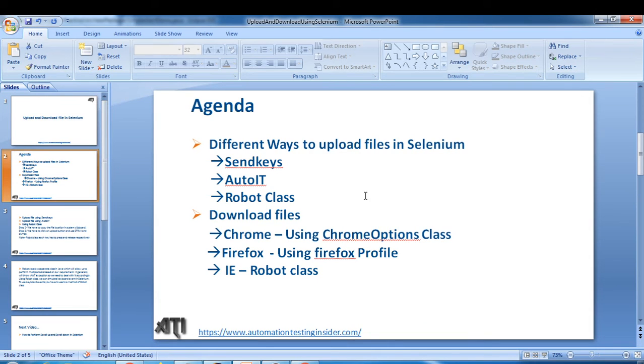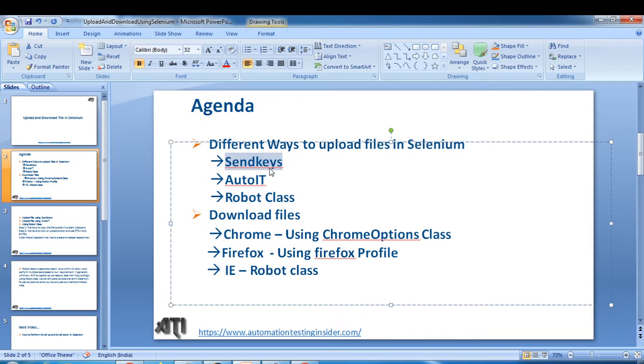So this is the agenda for today. We'll look into what the different ways to upload files in Selenium are. We have listed 3 ways here. We'll talk about the sendKeys method, how to upload a file using sendKeys. We'll discuss the AutoIt tool, and we have already seen an introduction in the last video on how to use the AutoIt tool. Today I'll show you how to upload a file using the AutoIt tool. And at last we'll look into the Robot class, how to upload a file using the Robot class,